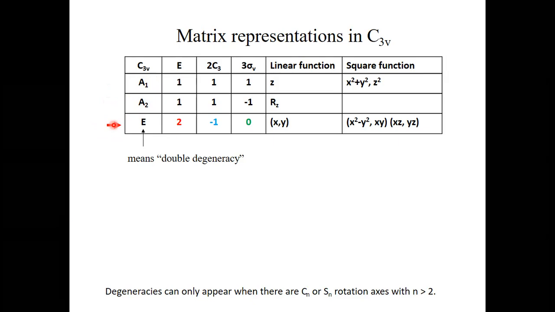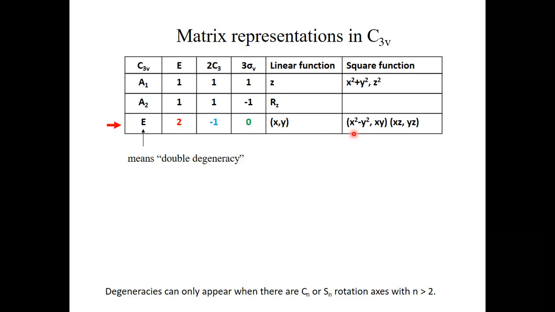Previously, we only had symmetry types which are not degenerate. Here we have a symmetry type which is double degenerate. That means this symmetry type is associated with coordinates that are dependent on each other. We can also say they are double degenerate. In this case, these are the two coordinates x and y. They are degenerate, and therefore they are grouped together by parentheses here, indicating that they are